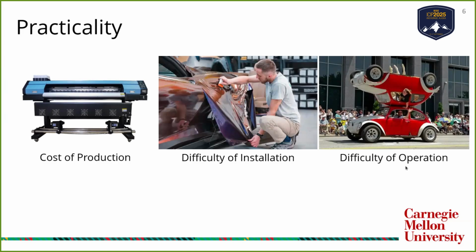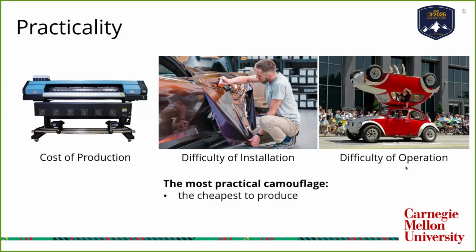For example, placing large structures on the roof may fool detectors, but could block visibility or access, making it impractical. These three factors together define overall practicality. In short, a practical camouflage should be cheap to produce, simple to install, and minimally disruptive to operation. To assess real-world feasibility, we assign practicality scores from -1 to +1 based on cost, installation effort, and impact on vehicle use. The scoring is qualitative and heuristic, with further details provided in the supplementary material.